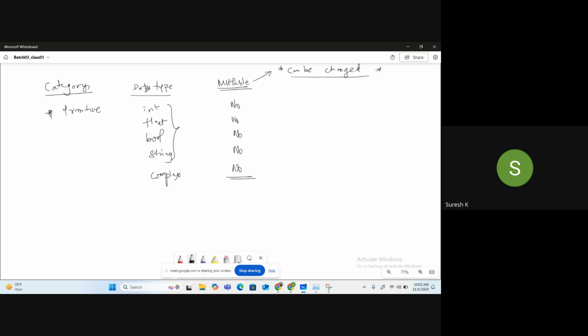And one more property is that it stores a single value.